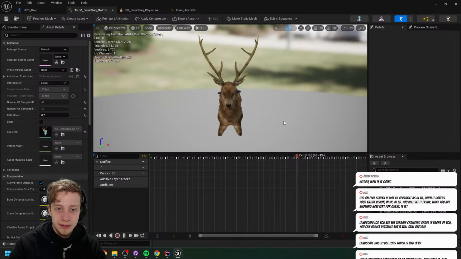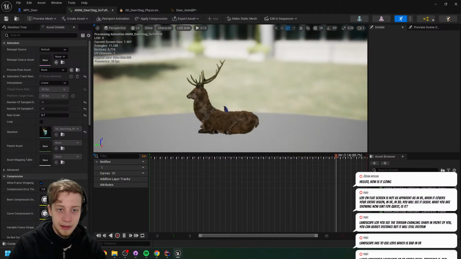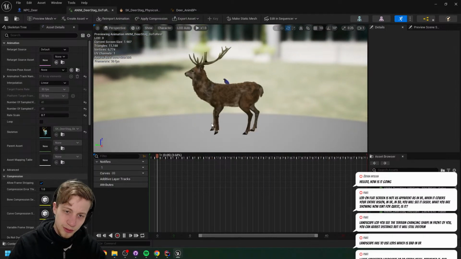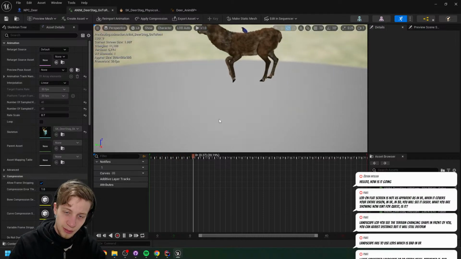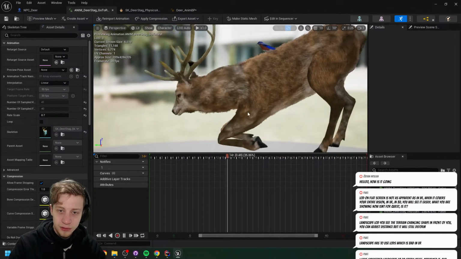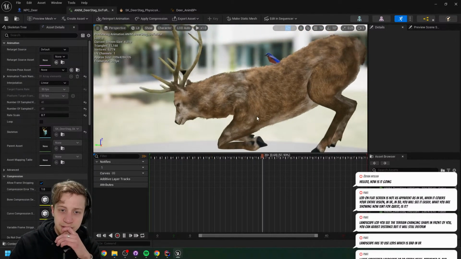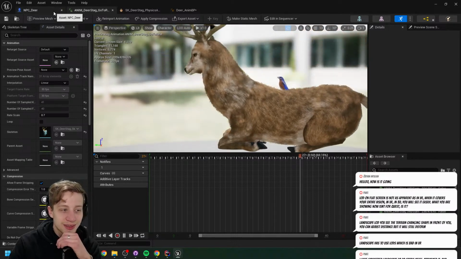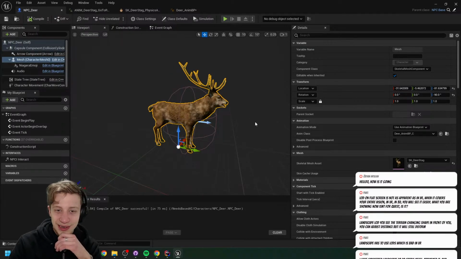Yeah, I mean, it's tired. It's a tired deer. He's taking his time going to sleep. Do deer sleep like this? Am I just completely misinformed, or do deer really sleep like this? How do deer sleep? I'm gonna have to Google after the stream how does the deer sleep?